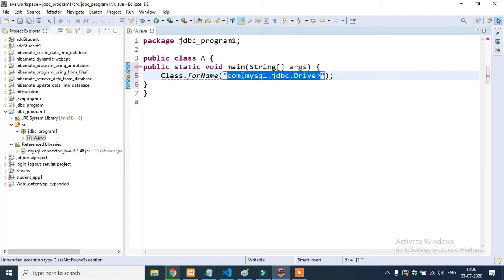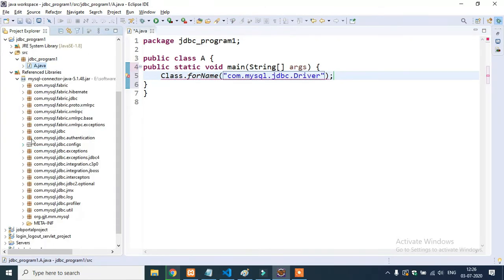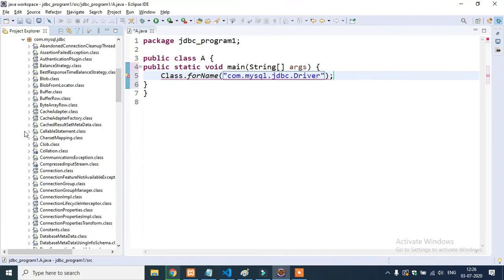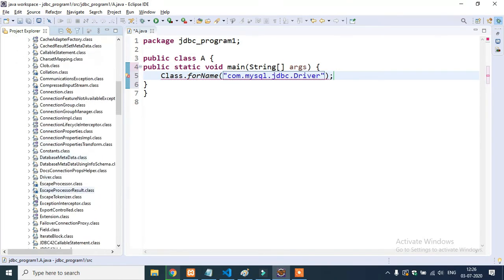I tell you right now, this is the path where our driver class is present, and I will show you where. See this com.mysql.jdbc, expand it, and you see this Driver class. This is the driver class I'm importing here, guys. If you do not import it, the program will not work. So I've written Class.forName com.mysql.jdbc.Driver.